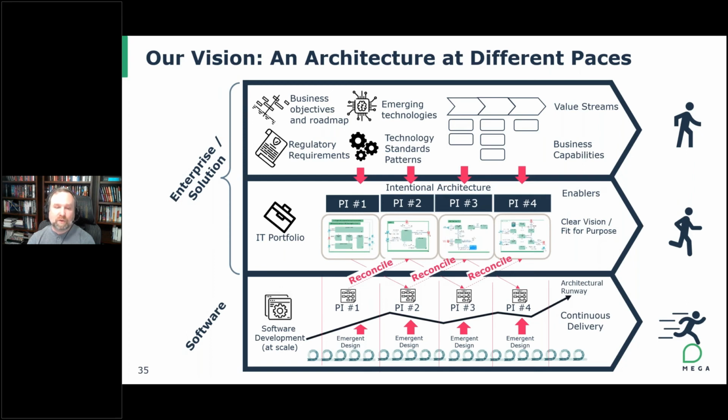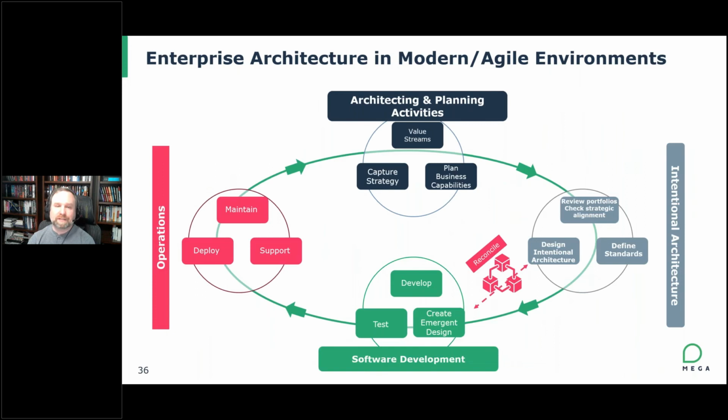And so the goal is that as we go through these phases, there's going to be elements of emergent design that will impact that intentional architecture, the reconciliation, that ideally gets us to a continuous delivery at a very high speed. Very similar, but presented a little bit more as a cycle just to see the loop, kind of how it goes. We've got the capturing, the articulation of the value streams, the business capabilities, and the documentation or the articulation of the strategy. Again, that element is very stable. So that's not something you're doing from scratch every iteration of the cycle.